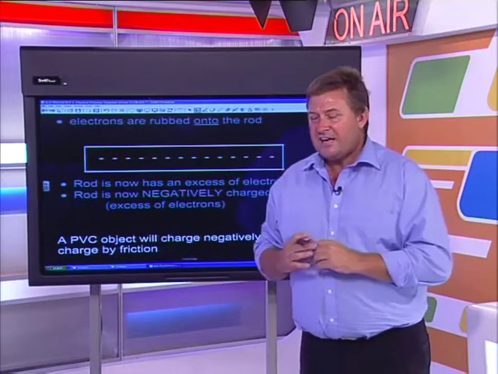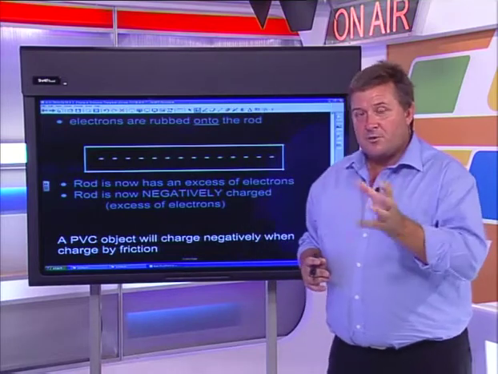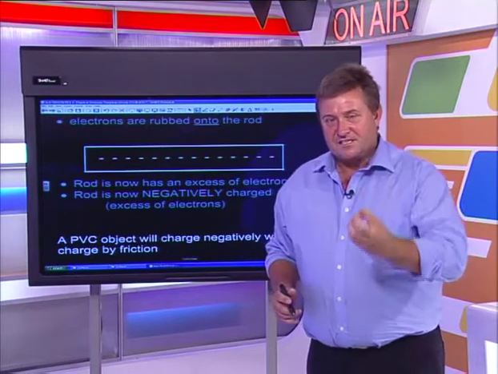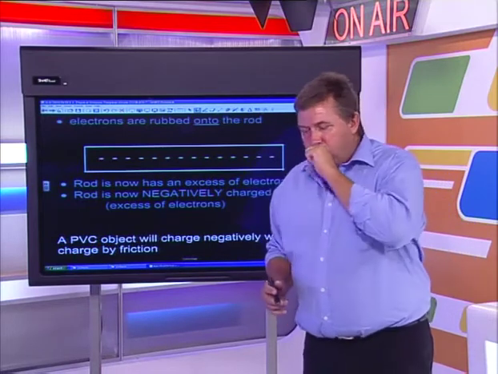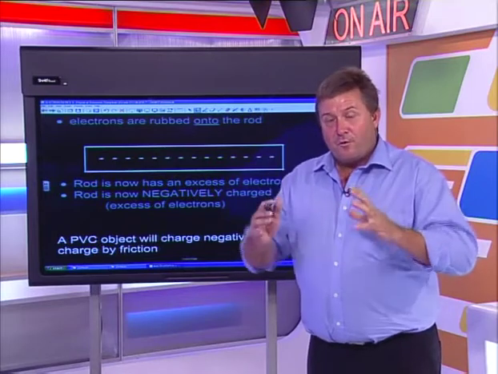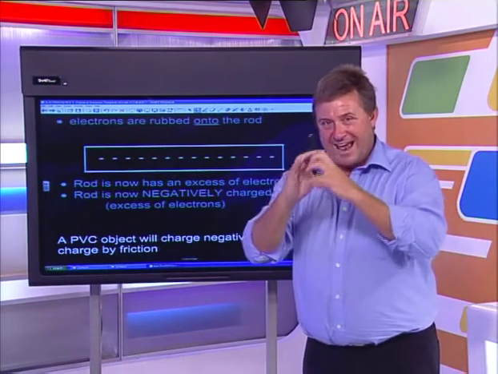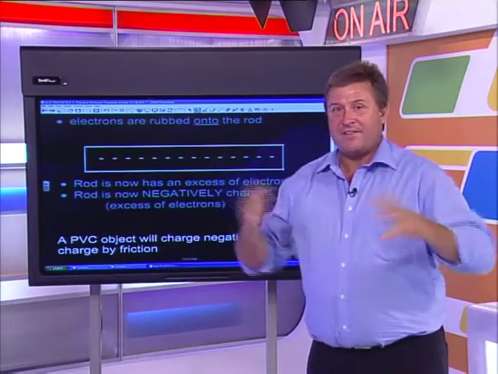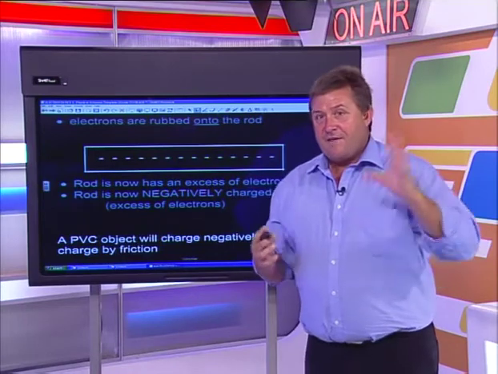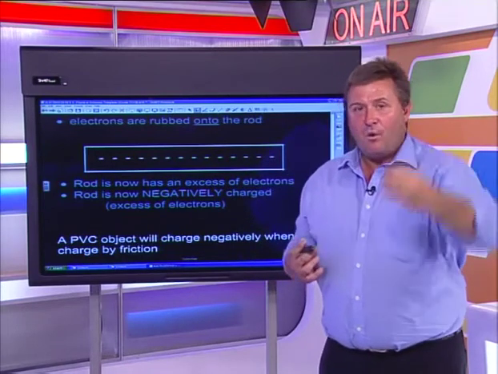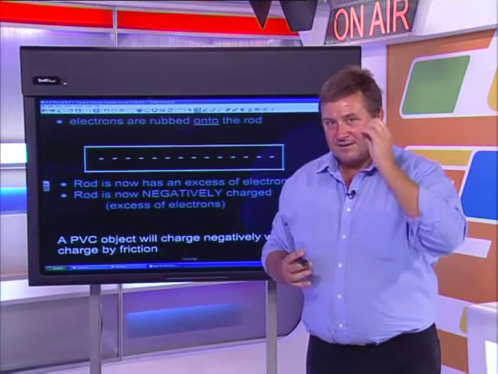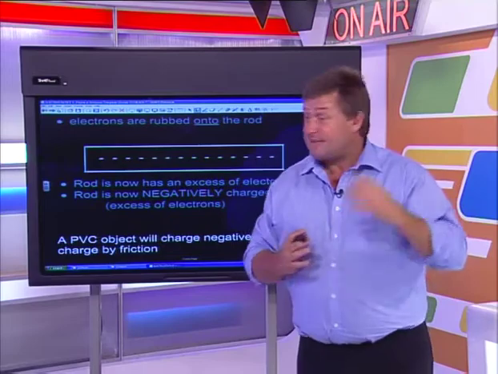Guys, that's exactly correct. The answer to my little challenge there was: why are we only talking about movement of electrons and not movement of protons? Well, protons are fixed in the nucleus of the atom. So therefore, the protons cannot move. The protons are held in that nucleus. The electrons are orbiting around. The electrons are moving. They've got energy. Therefore, they can be rubbed off. They can jump off away from the atom. Those protons are held in the actual nucleus. Great answer. Fantastic answer there.